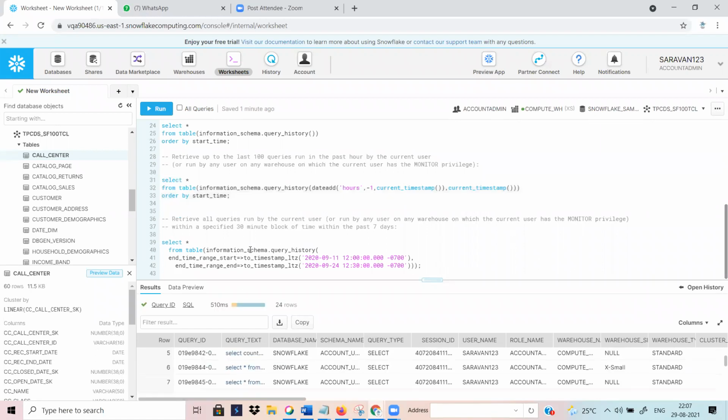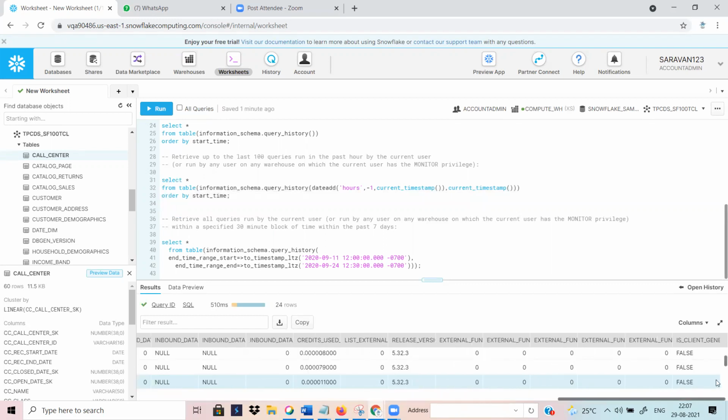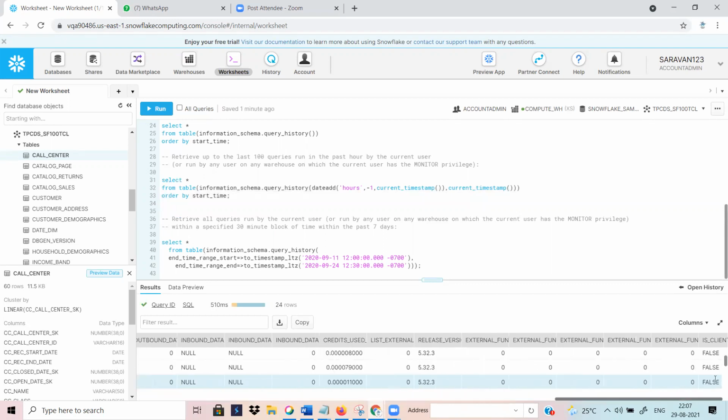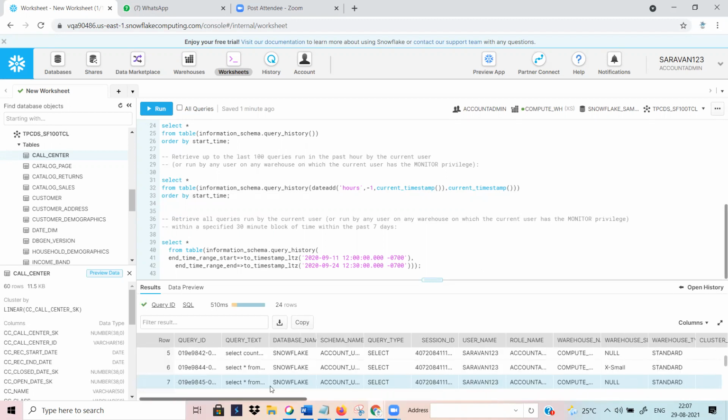Okay. So then this is for that last 7 days query. Past 7 days, how many queries? End date time. There is a column, right? The same query. Yeah. There is an end date column, no? The information schema query. The query history table is there. The query history table is predominantly maintaining all the query history, whatever query you are running, data warehouse and everything. So this is the time column, end time range start, end time range end.